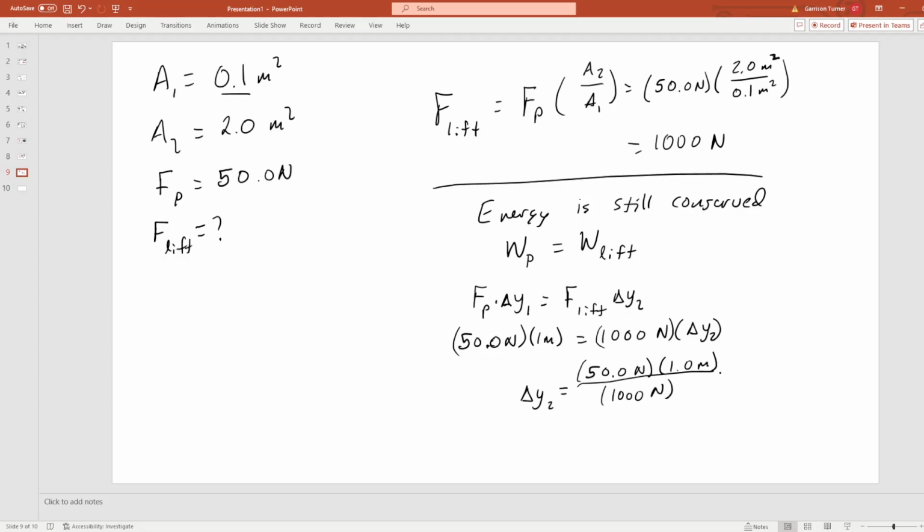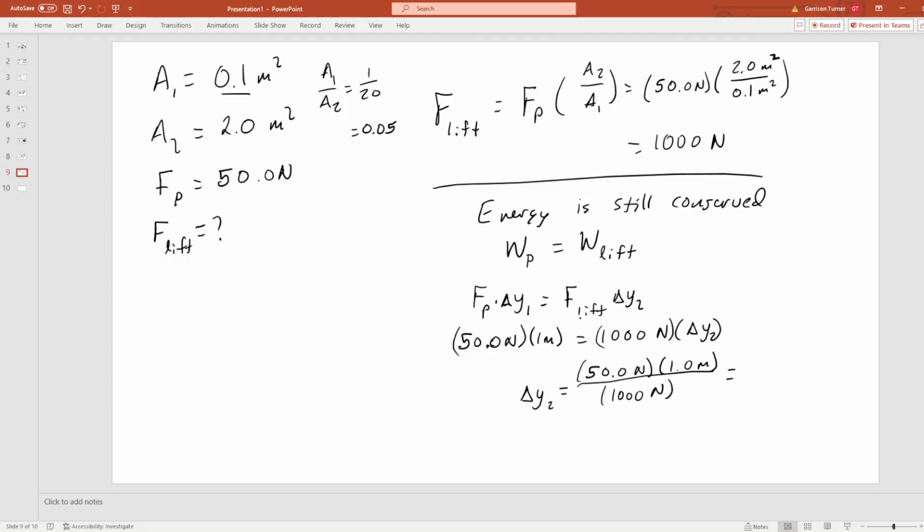Okay, and this ratio actually turns out to be the same ratio as the ratio of the areas, right? So 50 divided by 1,000 is 1/20th, right? And area 1 to area 2 is equal to 1/20th in this case,